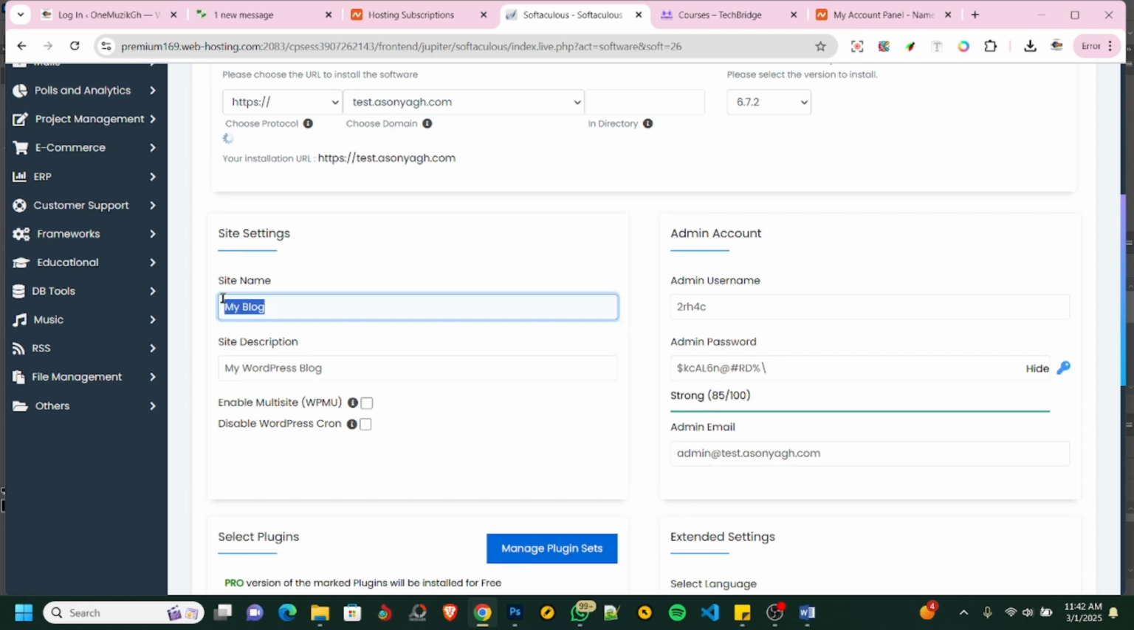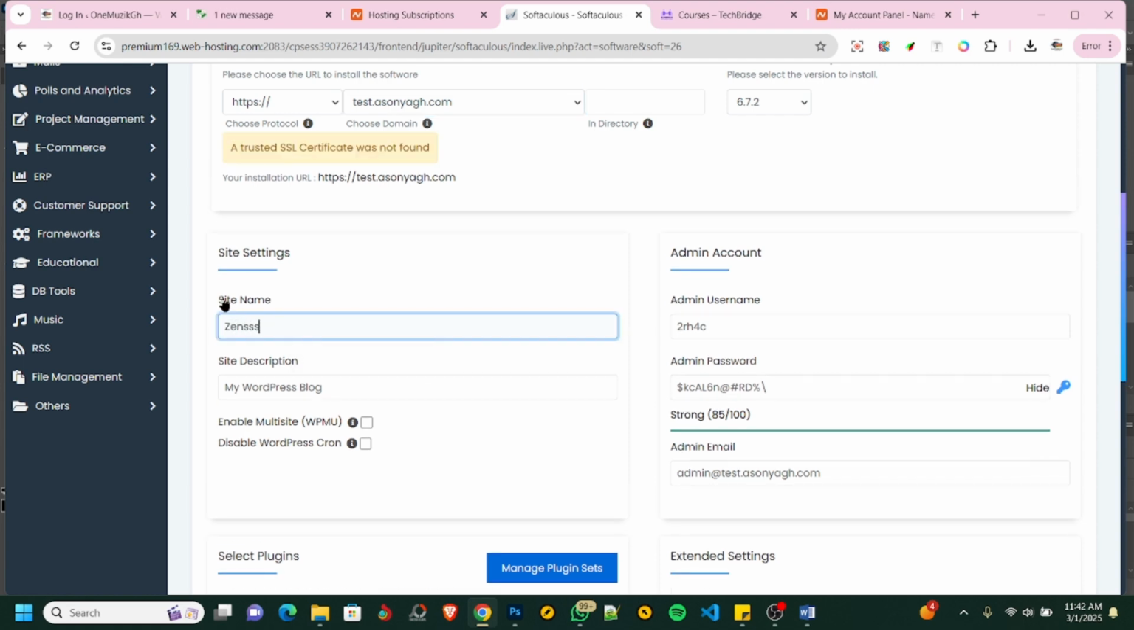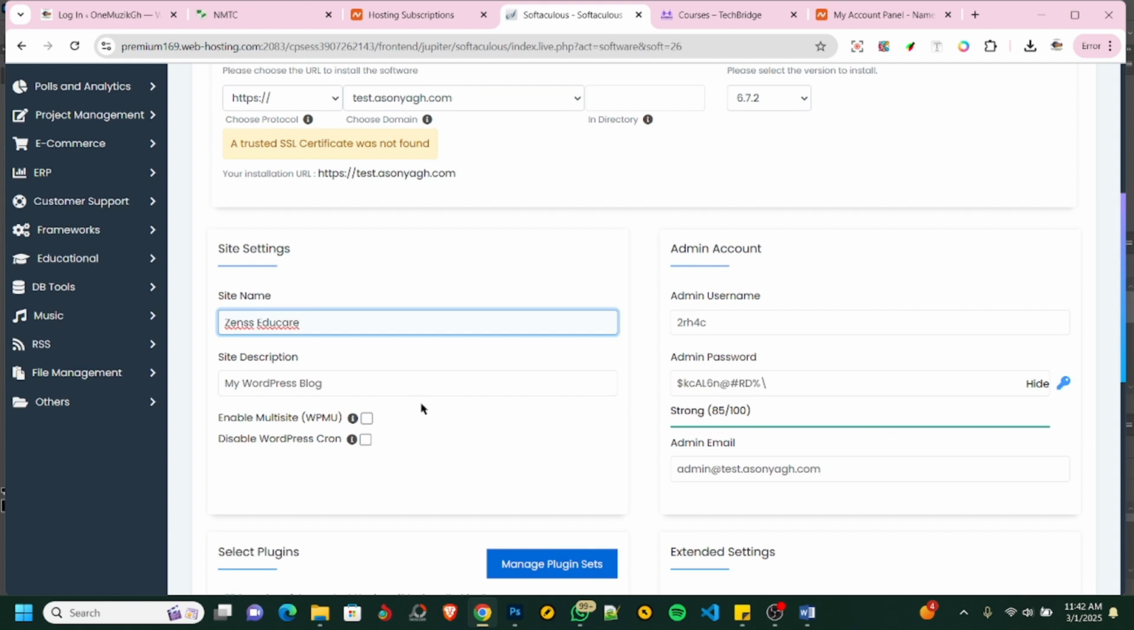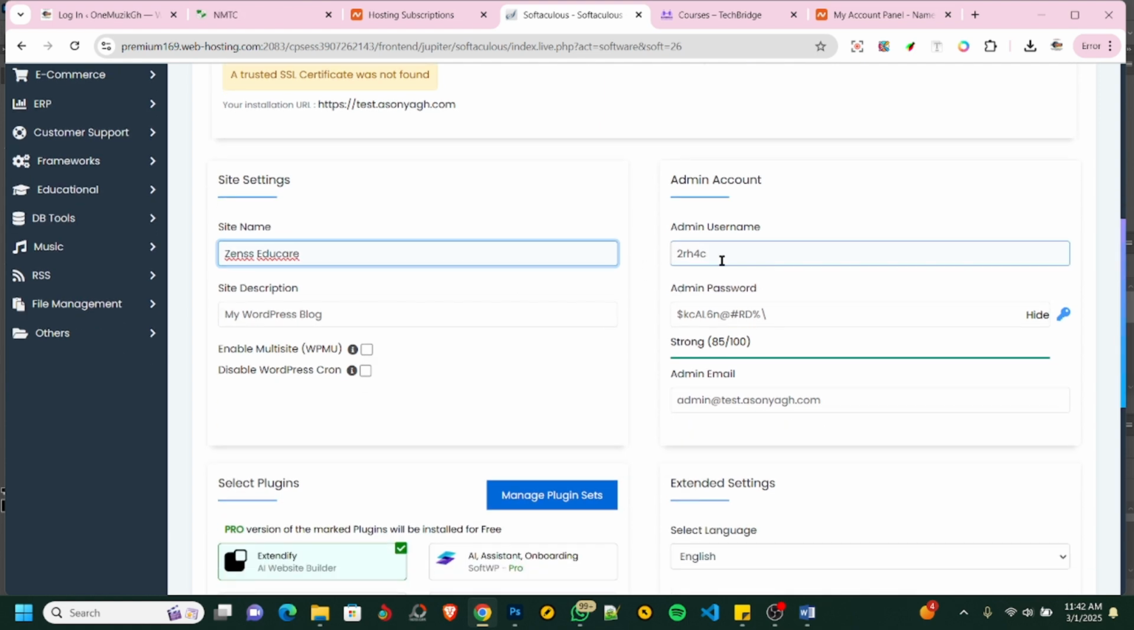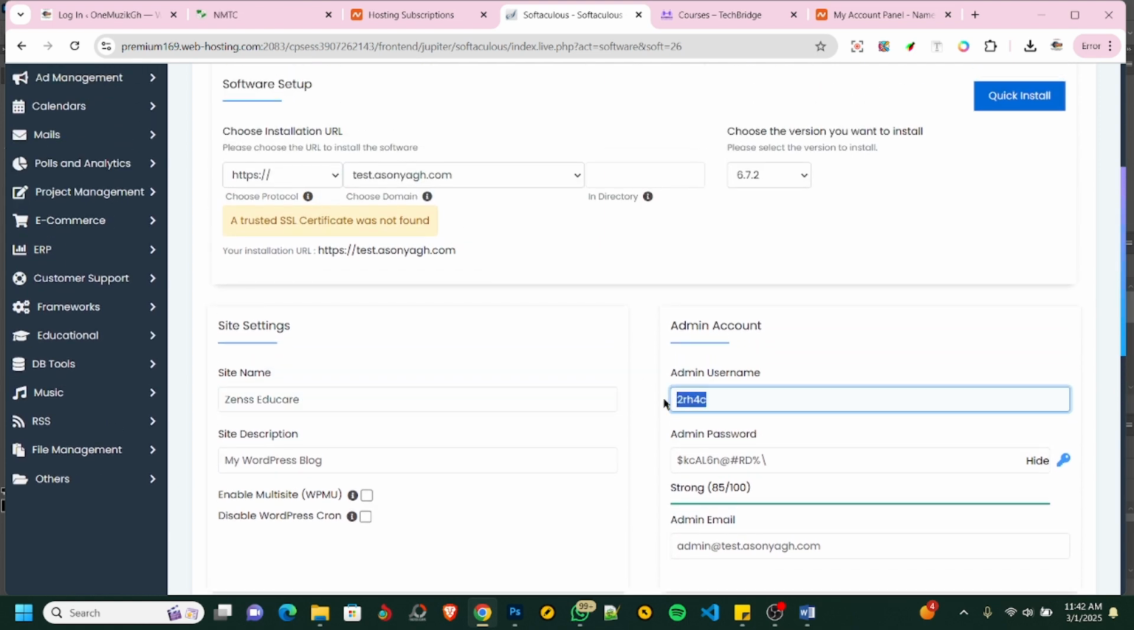Let me just do it this way. Then you enter your description and all that. Then you enter to the right hand side here. This is where you configure the administrative account, the account that you are going to use to log into the website. So I'll just configure it this way,